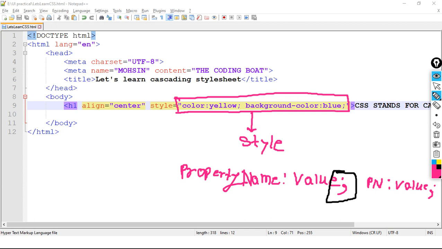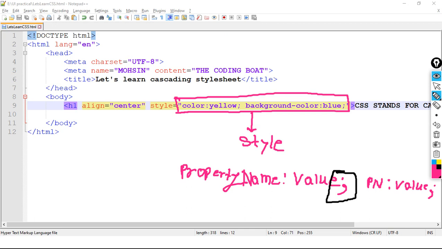When we write an HTML attribute, we use the name of the attribute, then an equal sign, and then the value. If we want to use multiple attributes, then we give space and write the name of the attribute, equal sign, and the value of the attribute in double quotes.